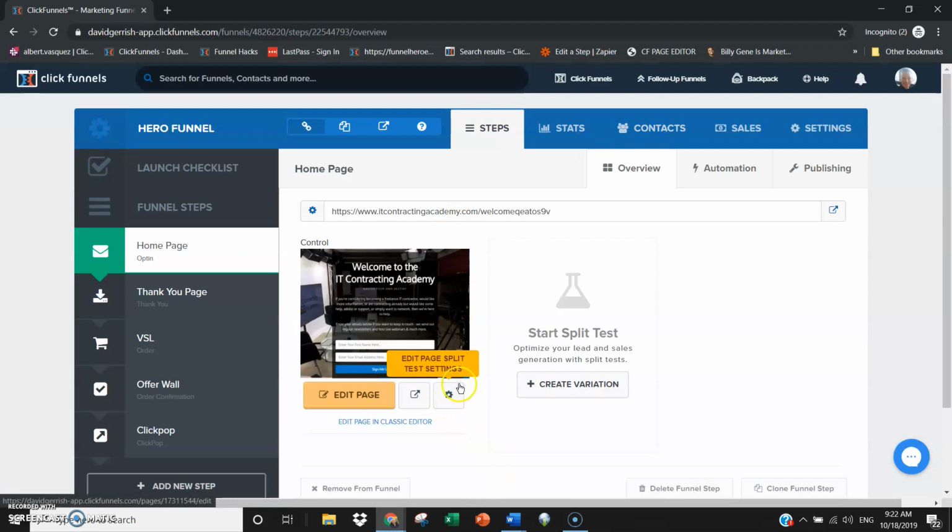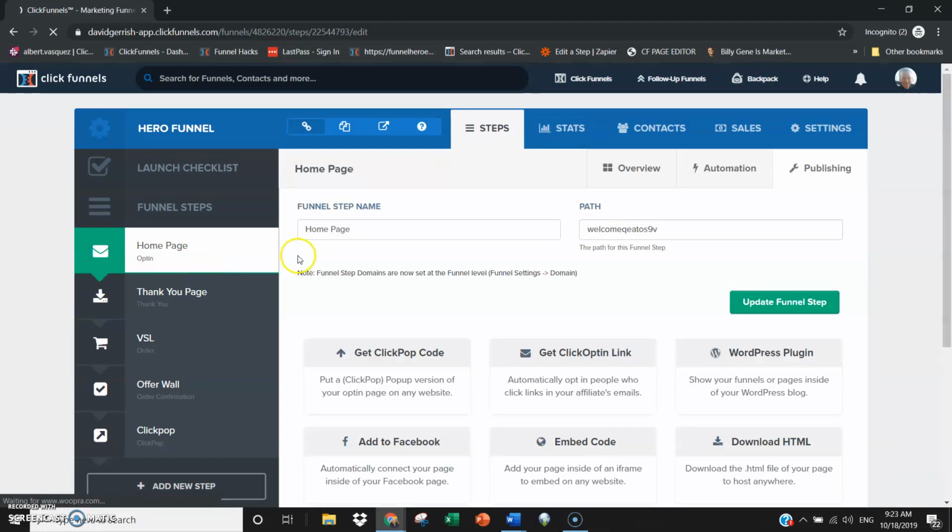Okay, so there's two sections. All right, so the one I just showed you here in this cogwheel, all right? Now in this cogwheel as well, all right? This goes for every single step. All right, so here is the second setup here. So you see here, I don't know if you made, okay, so it looks like you probably, yeah, so you probably did this here. Okay, so just make sure,